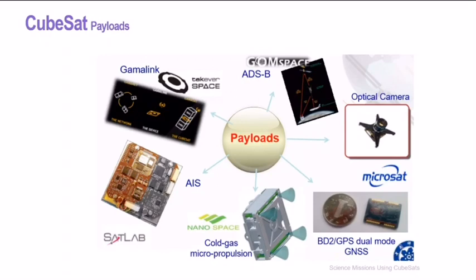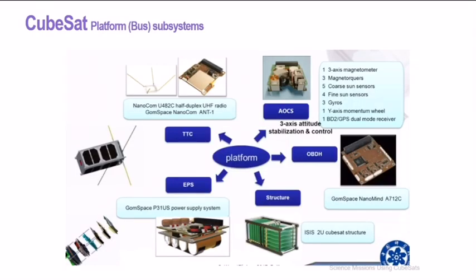If you want to search some minerals, then the payload will be your spectral imager, for example. So if we want to classify the satellite, we classify two basic subsystems: the platform, which is the basic infrastructure